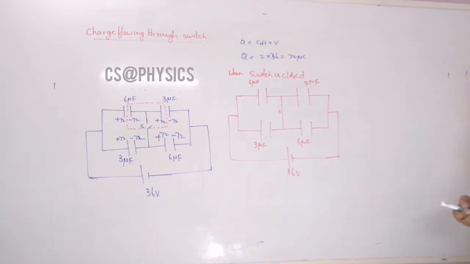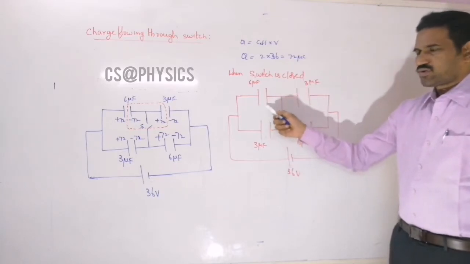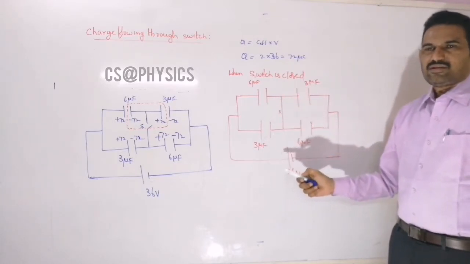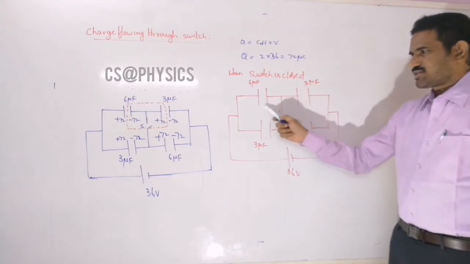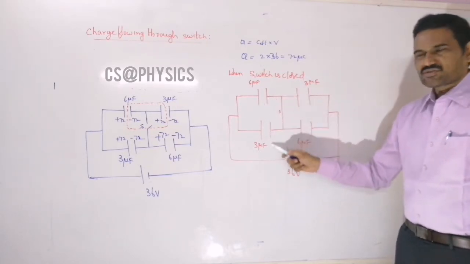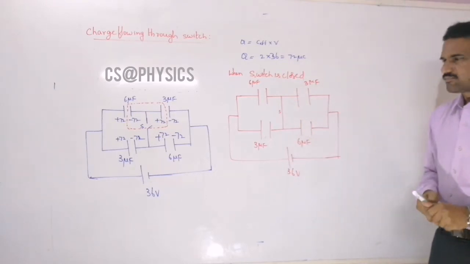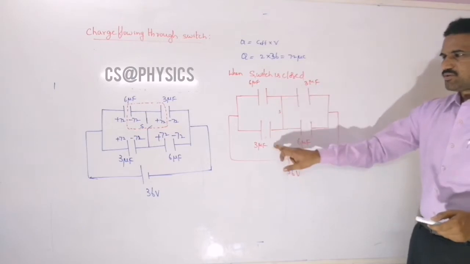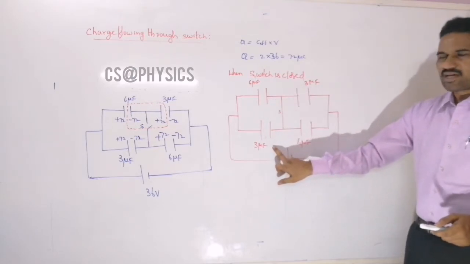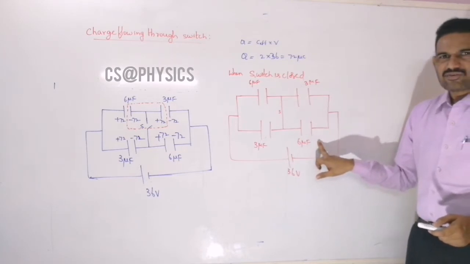And so now, once the switch is closed here, we can observe that these two capacitors are in parallel. Now you can't say that these two are in series, you can't say directly. These two capacitors are in parallel, and similarly these two capacitors are in parallel, right? And so these two being in parallel means you can say here 6 plus 3, 9 microfarad, and here this is also 6 plus 3, 9 microfarad you will get.